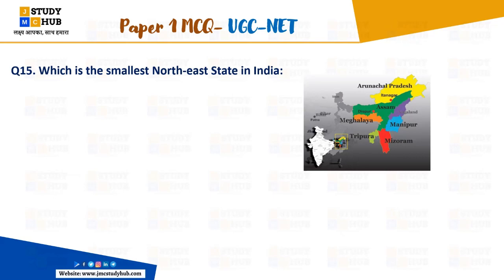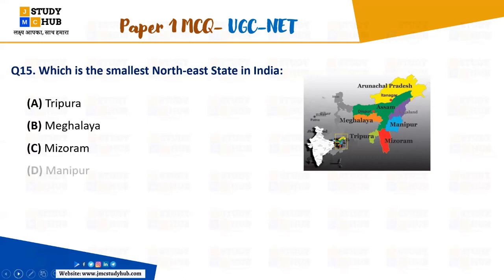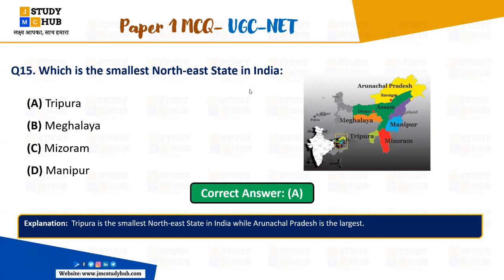Now if I would ask you which one is the largest northeast state in India, then what would you answer? What is the largest? Yes. So that's why I have attached the picture here, right? So you can easily recall and memorize the things, right? So here the right answer is Tripura, right? Which you have answered. Tripura is the smallest northeast state, while Arunachal Pradesh is the largest, right? Very good. Everybody has answered correctly, that is largest and the smallest. So please remember these things.